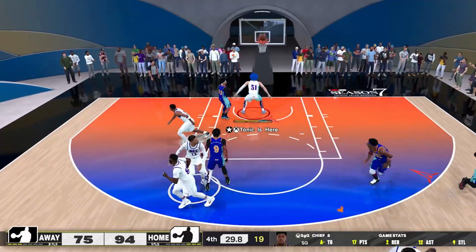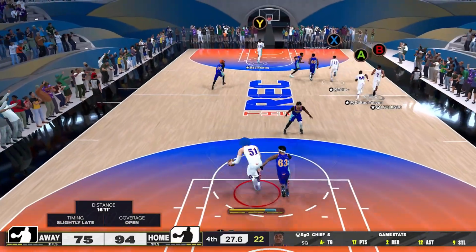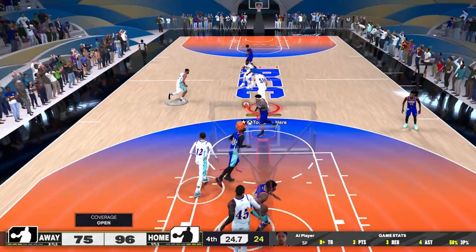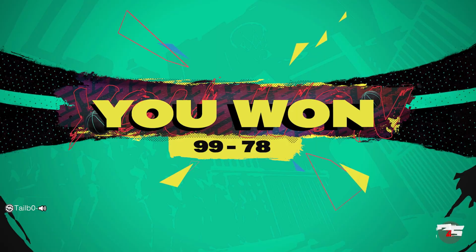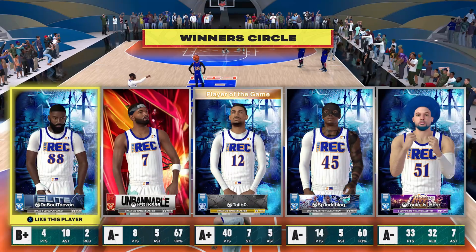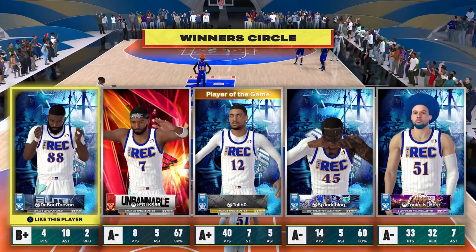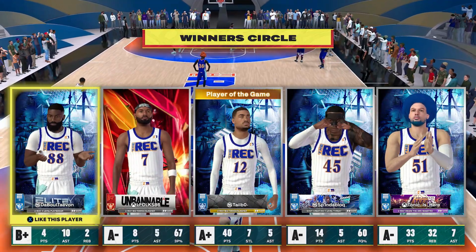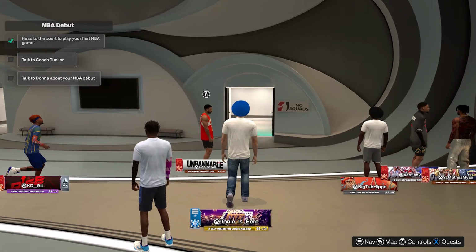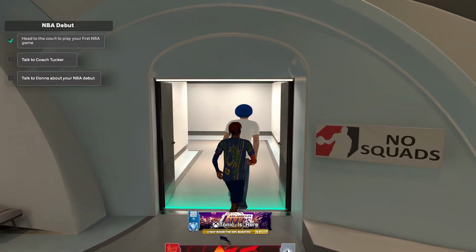I'm going to take every single close shot, post hook, post fade, O-board into a stand dunk whenever I can, because this is a 7'3" center, a mashing center, somebody that can absolutely dominate the paint. I'm not going to be the fastest on the court, obviously, but you guys see 33 points, 32 rebounds. You have no chance to win the game if your center is getting bullied